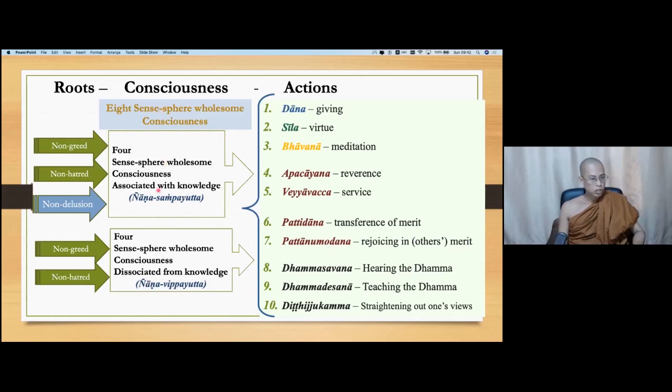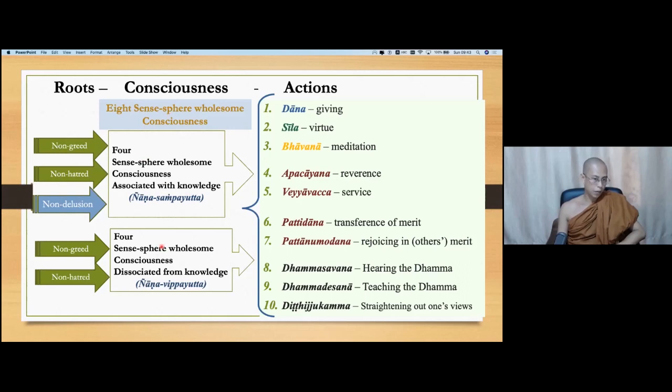So the first group is divided into 2: 4 jnana sampayutta, associated with knowledge, and 4 jnana vippayutta, dissociated from knowledge. So in the group associated with jnana, for these 4 consciousness, the roots are 3, because being associated with knowledge, the root of non-delusion is there. In the absence of jnana or knowledge, there's no non-delusion, because non-delusion, which is called amoha hetu, and jnana, knowledge, are the same. So based on the 3 roots, although it is divided into 2 groups,